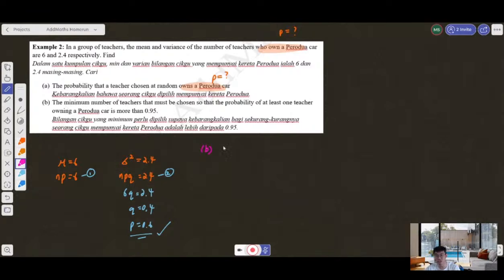The minimum number of teacher, I do not know the N, but at least one teacher owning Permutation car is more than 0.95. So what is at least one? At least one means I will have 1, 2, 3, 4, 5, you plus until you do not know where. So you do not include only the 0. So you put in this 1 minus P(X=0) is more than 0.95. So 1 minus 0.95 more than P(X=0). So 0.05 more than P(X=0)